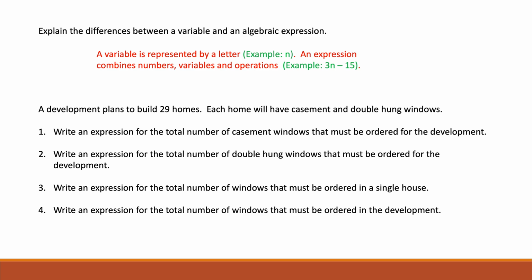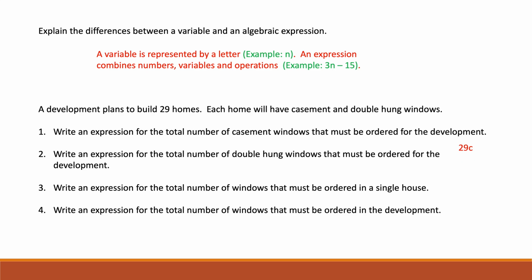Okay, development plans to build 29 homes. Each home will have casement and double hung windows. Write an expression for the total number of casement windows that must be ordered for the entire development. Number 2, double hung windows for the entire development. Number 3, expression for the total number of windows in a single house. And number 4, total number of windows for the entire development. So,